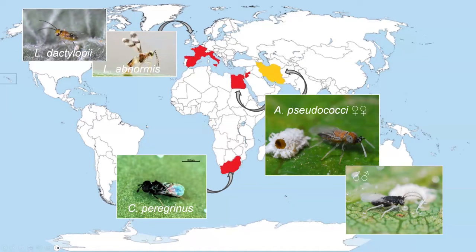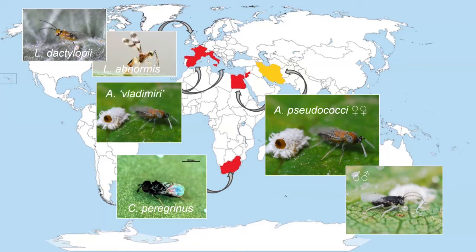Then we got Leptomastix dactylopi and Leptomastidia abnormis out of Europe and released that. And we got Anagyrus, at the time psittacoxy, what we now know to be vladimiri, from Spain and Sicily, and